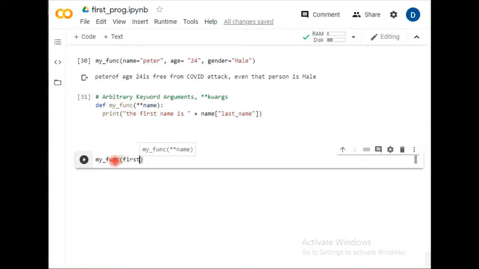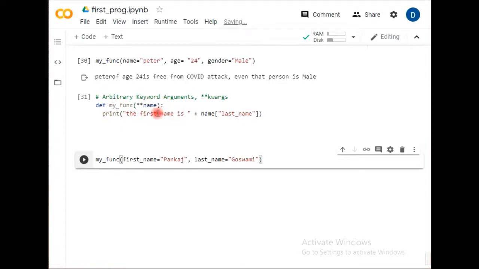So I'm defining my first_name equals Pankaj, and last_name as Goswami. So see here, I have defined my function with the first name Pankaj and last name Goswami. I'm sorry, the first name is the last name.